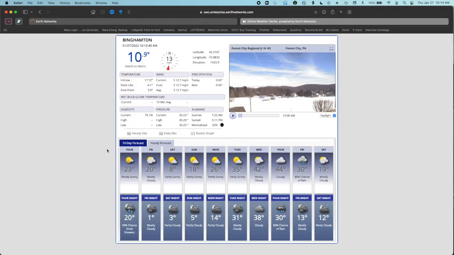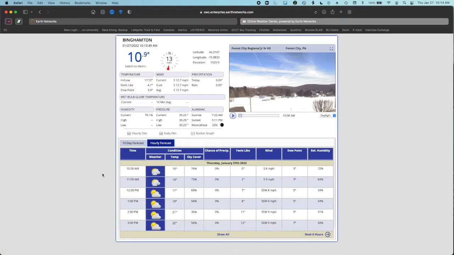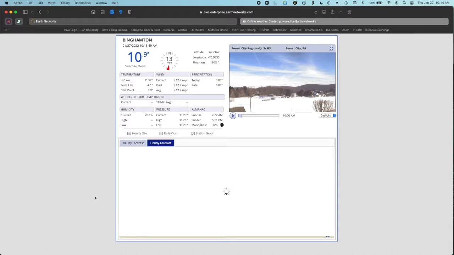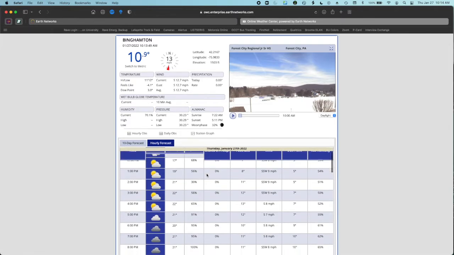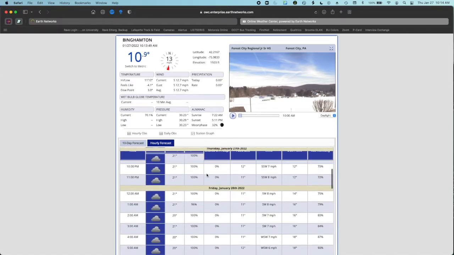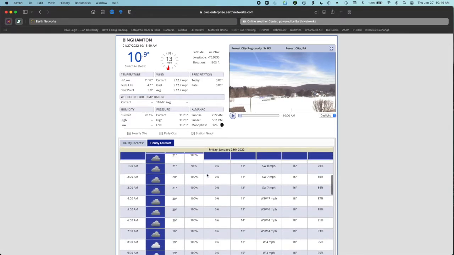You can also see a 10-day forecast, or on a tab we can click the hourly forecast, and if we hit show all on the bottom, you can see the hour-to-hour forecast for several days, and it gives you temp, chance of precipitation, and a few more pieces of information that may be helpful to you. And you can just scroll through this and see what we're looking at as far as